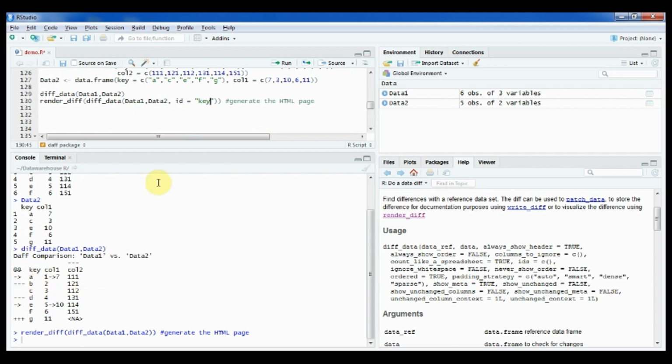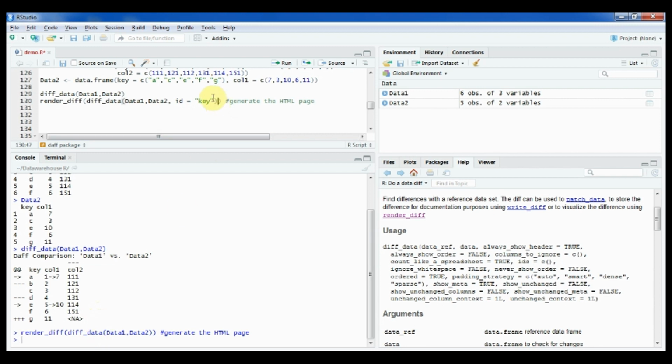That means both the data sets, data 1 and data 2, will be compared with reference to this primary key. While dealing with large data, you can choose to give more than one primary key as well in vector form. Don't worry if you do not specify the ID, the function will find a decent key by itself, like it did earlier here.